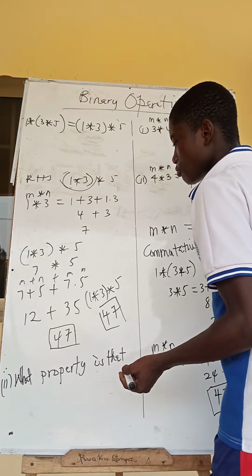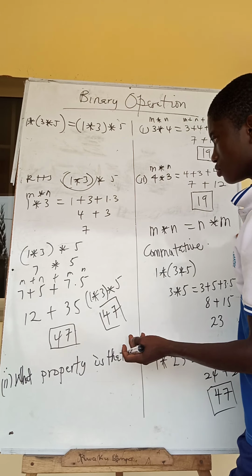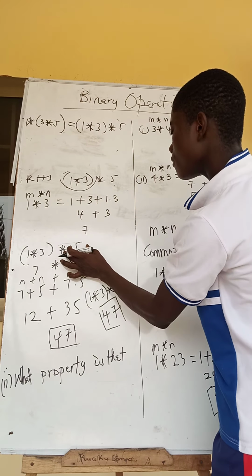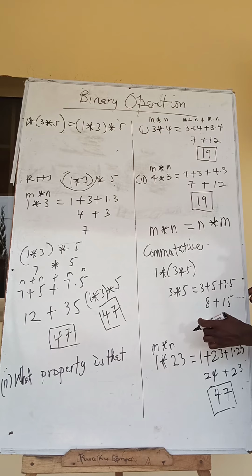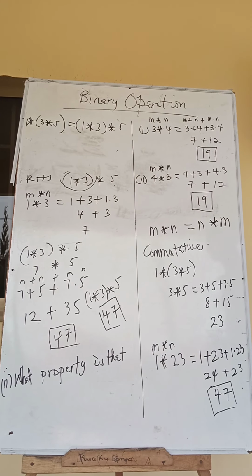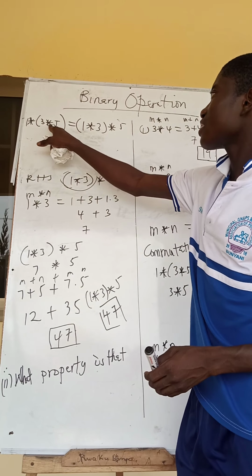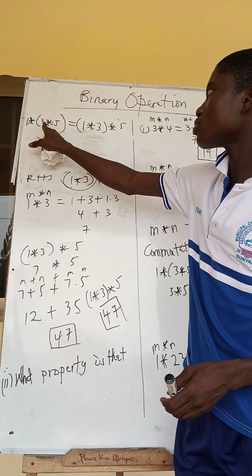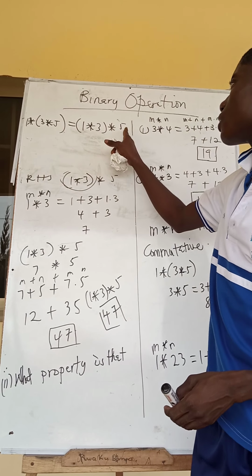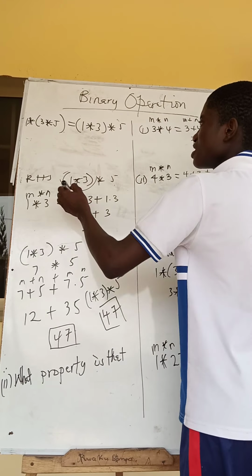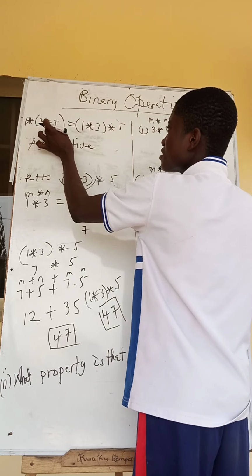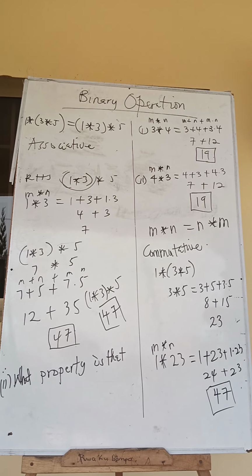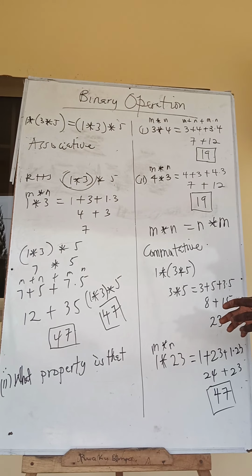Don't forget, here you are leaving only the 1, and you are taking the last 2, 3 and 5, and here you are taking the 1 and the second, and you are leaving the last. If they are same, the property we use is associative. We are associating this and that. So this question has been able to make us understand associativity and